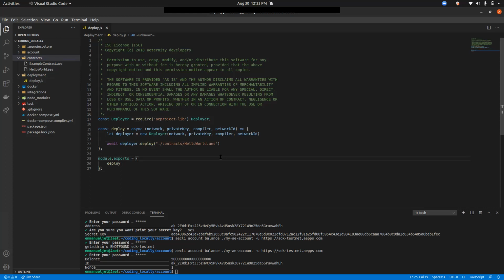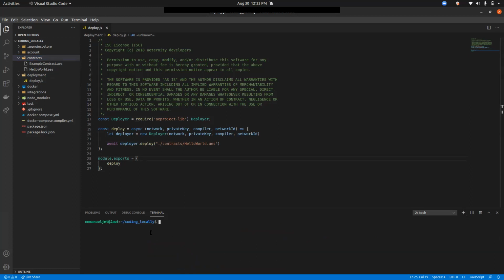Before we deploy it, as I said, we're going to make use of this secret key to deploy this contract using this newly created account. So I'm going to copy this secret key, Ctrl+Shift+C. Then create a new terminal because we want to run the AEproject deploy command, and we can't run it in this account directory. We have to run it in our project directory, which is coding locally. So I'm going to use this plus button here and open a new terminal, which is at the coding locally directory,